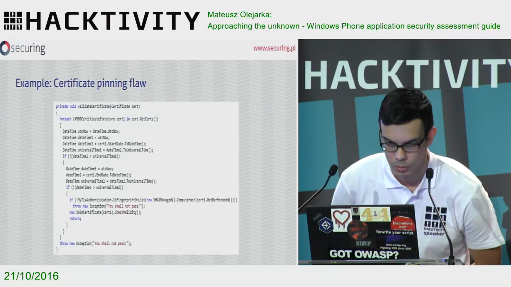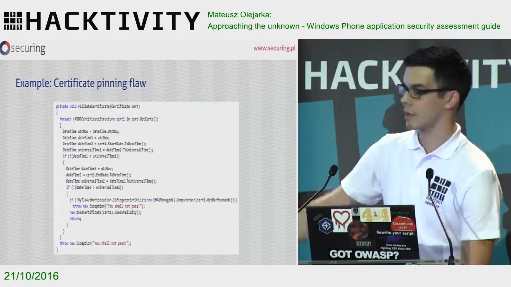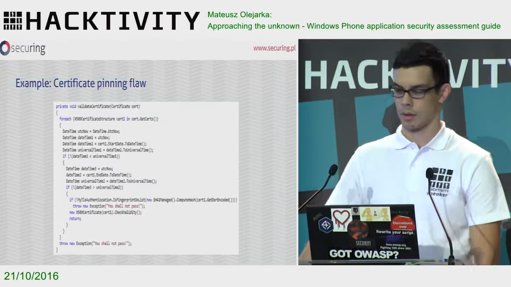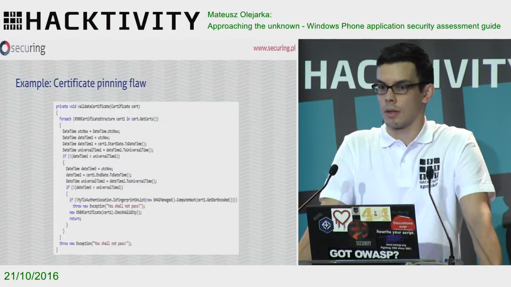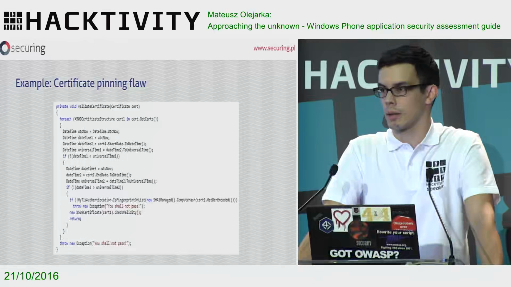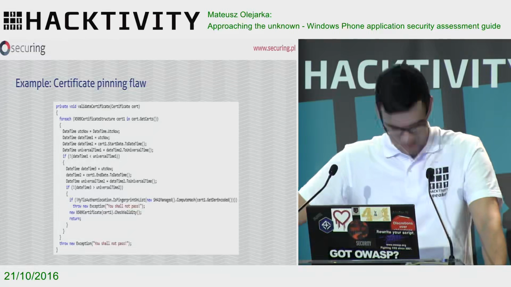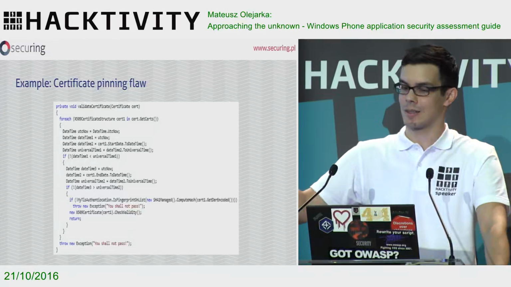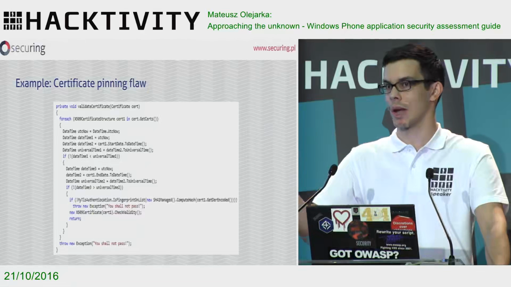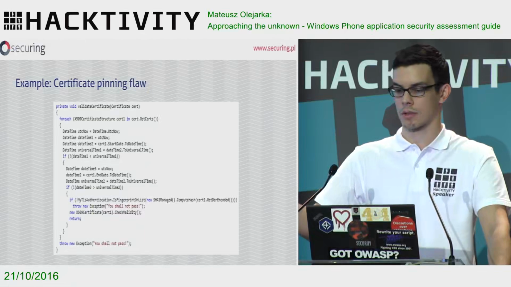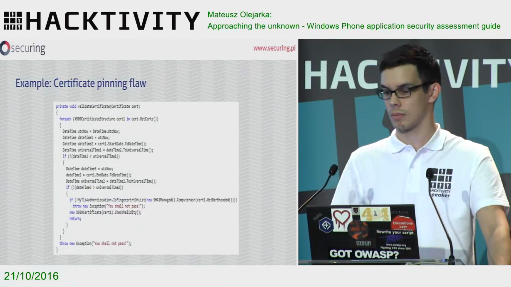A SHA1 hash is computed from the certificate. The phone has a hard-coded list of hashes of the certificates it will accept, so it checks if this hash is in there.